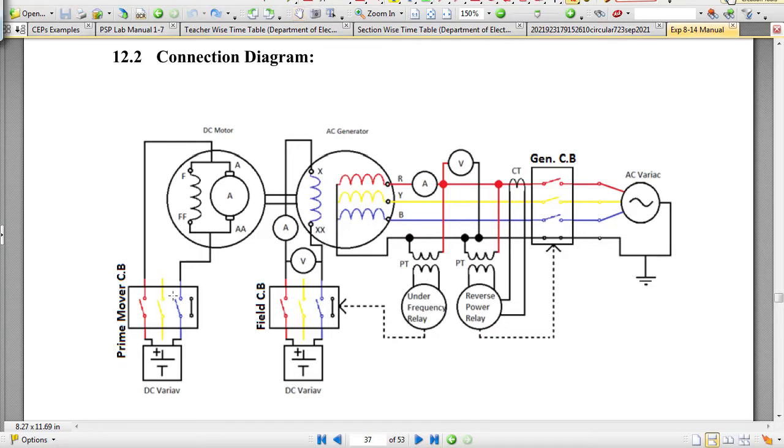In this experiment, students will not use this circuit breaker. They will directly connect the DC supply across this DC motor. Second modification required: students are not going to use this voltmeter and ammeter in this experiment for the measurement of the voltage applied across the field winding, and only pass one terminal through the circuit breaker, the other will be directly connected. No need to pass the second terminal through the circuit breaker.